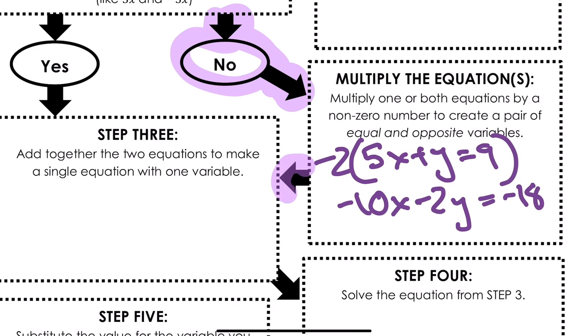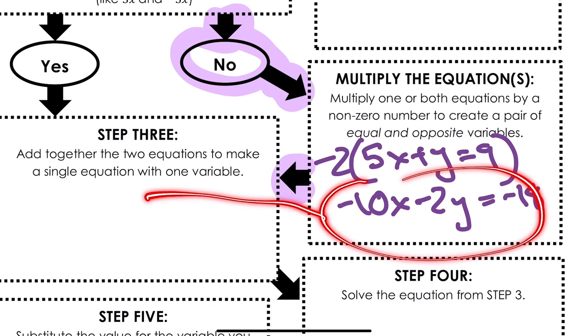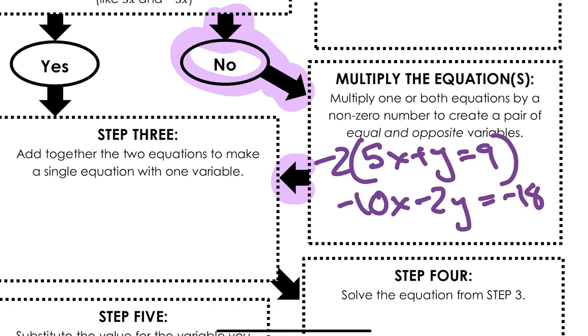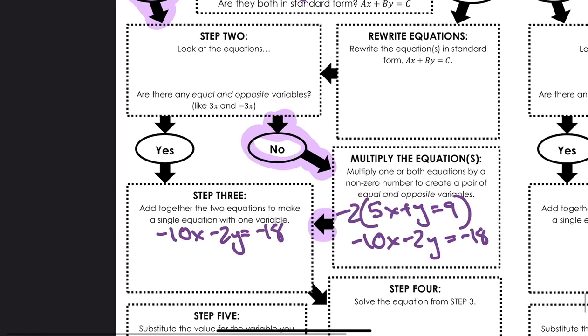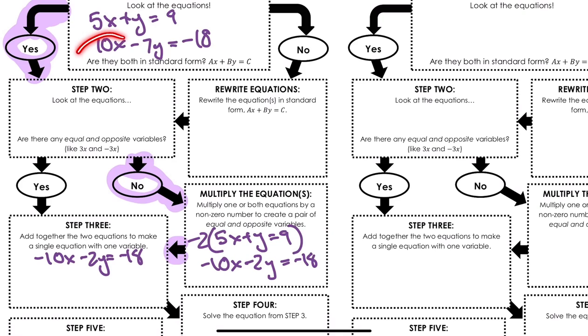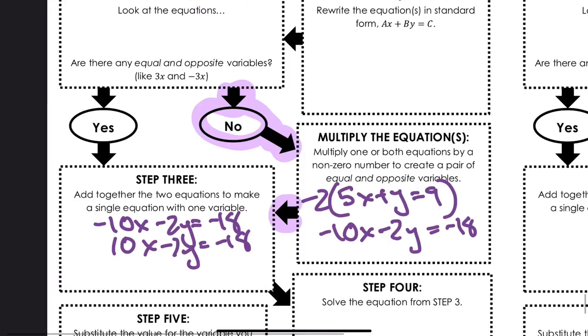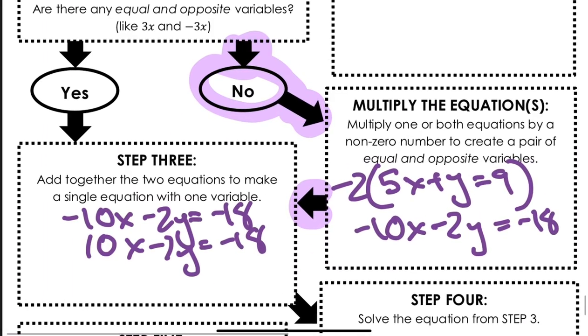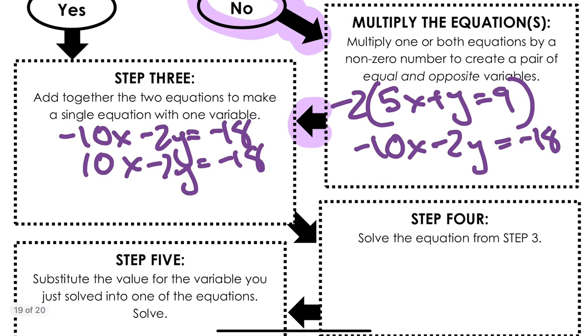Great. That's going to take us to step 3. Step 3 is add them together. So this is our new top equation, so that's going to go on top. That was negative 10x minus 2y equals negative 18. All right, and then we need our bottom equation. And that was this guy right here. That's going to go right down there. So we have 10x minus 7y equals negative 18. Awesome. All right. Now from here, we're just going to add these two together, just like it says in the